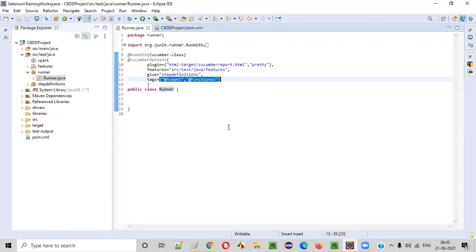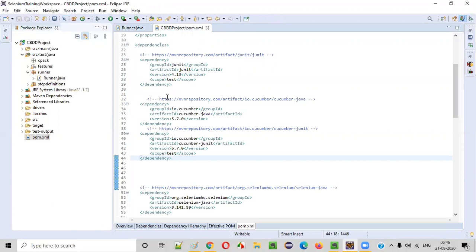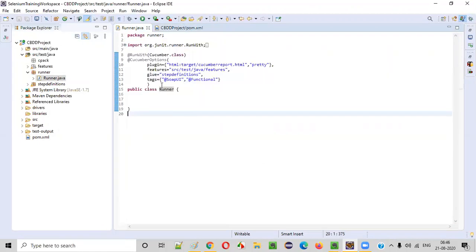I tried it. So for now, if you want to learn how to put multiple tags, the only solution is to downgrade your Cucumber Java and Cucumber JUnit versions below 6.0.0, till 5.7.0 or lesser, and then you will be able to use this kind of structure.